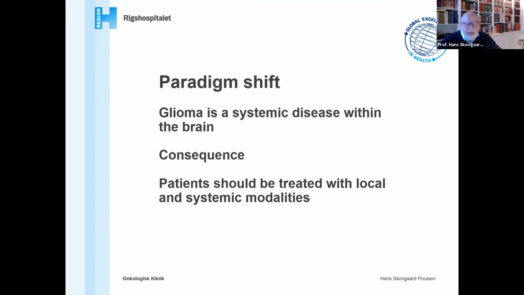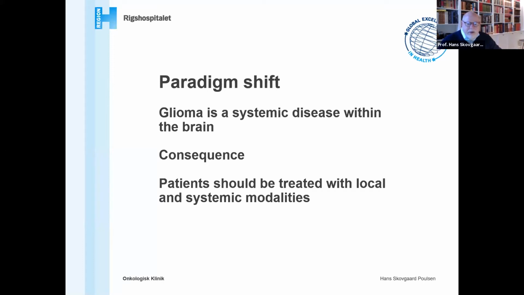But I think that everybody now agrees that gliomas is a systemic disease within the brain with a chunk of local tumor, but with cells all over the brain, along the vessels and along the nerve fibers. And as a consequence,